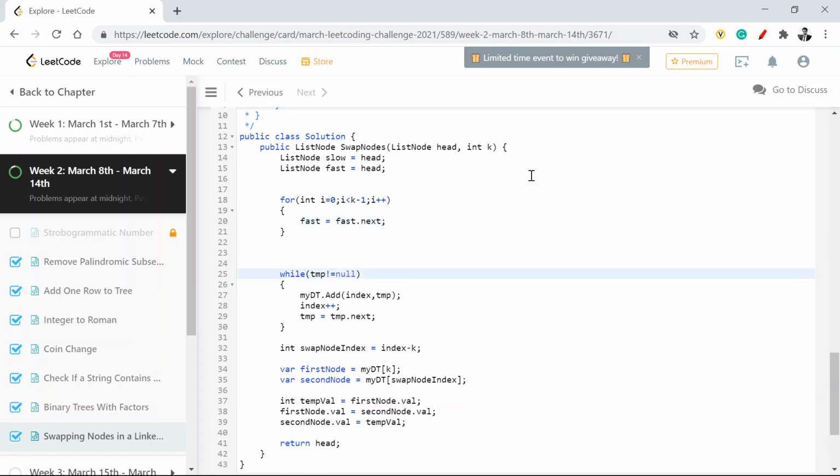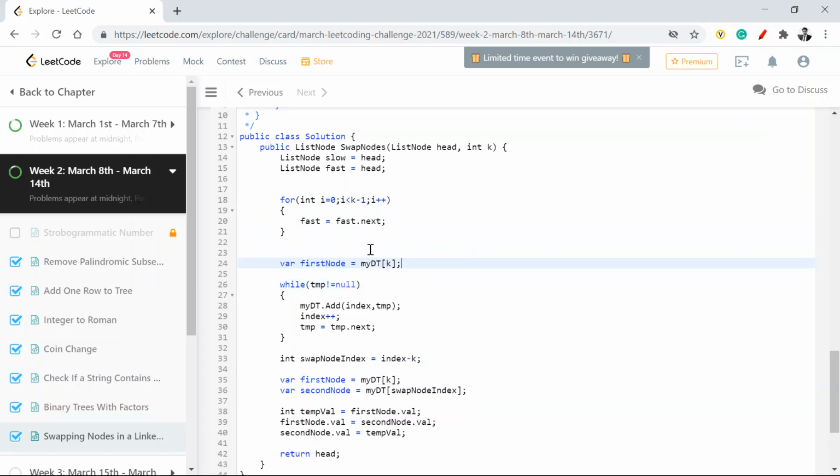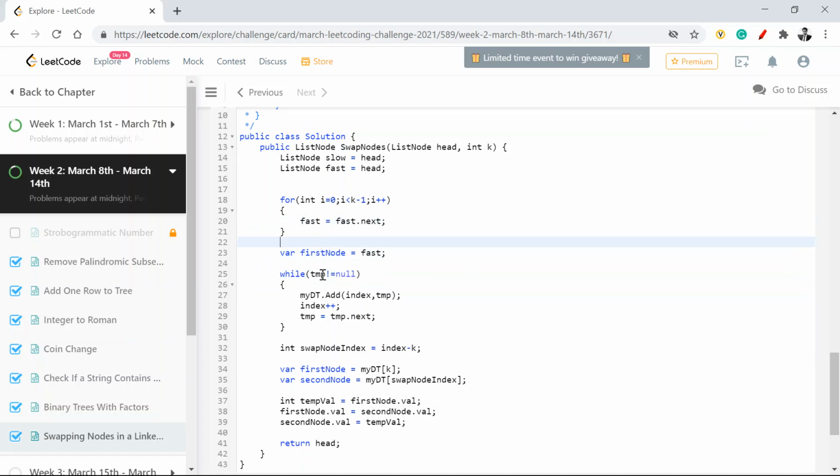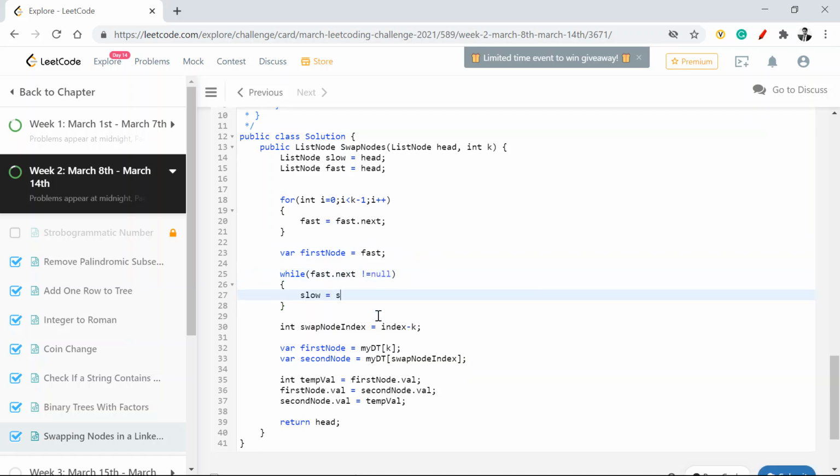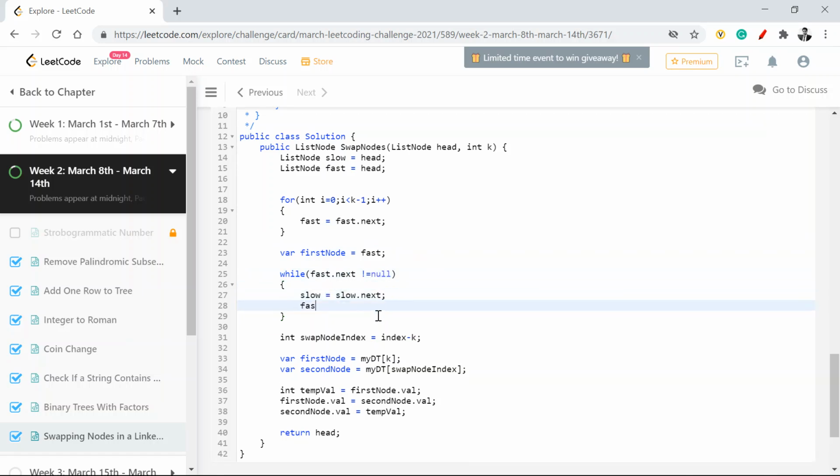Now once I'm outside that, what will my first node be? My first node will become the fast index. Are you with me till now? We just followed what I just explained. Now what I'm going to do is, while my fast dot next is not equal to null, I'll move my slow pointer again, right? So my slow will be equal to slow dot next,